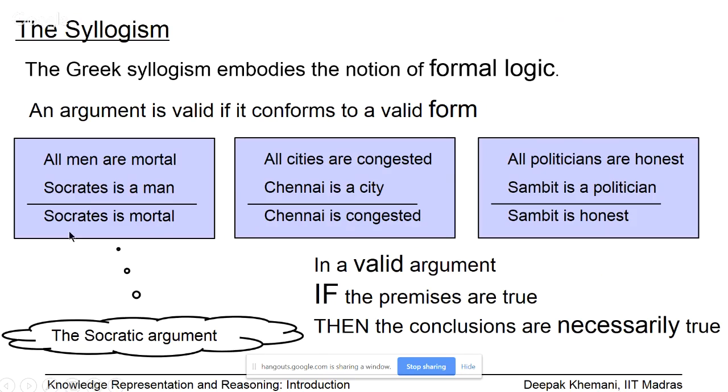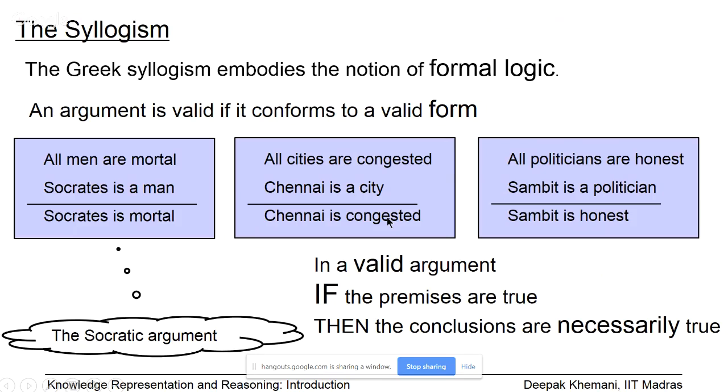So these three arguments that you see: all men are mortal, Socrates is a man, therefore Socrates is mortal; all cities are congested, Chennai is a city, therefore Chennai is congested; all politicians are honest, Sambit is a politician, therefore Sambit is honest. Now, when we talk about validity of logical arguments, and this is something very important, we are not so much concerned about whether the conclusion is true or not by itself. What we say is that in a valid argument, if the premises that you feed in are true, then the conclusion